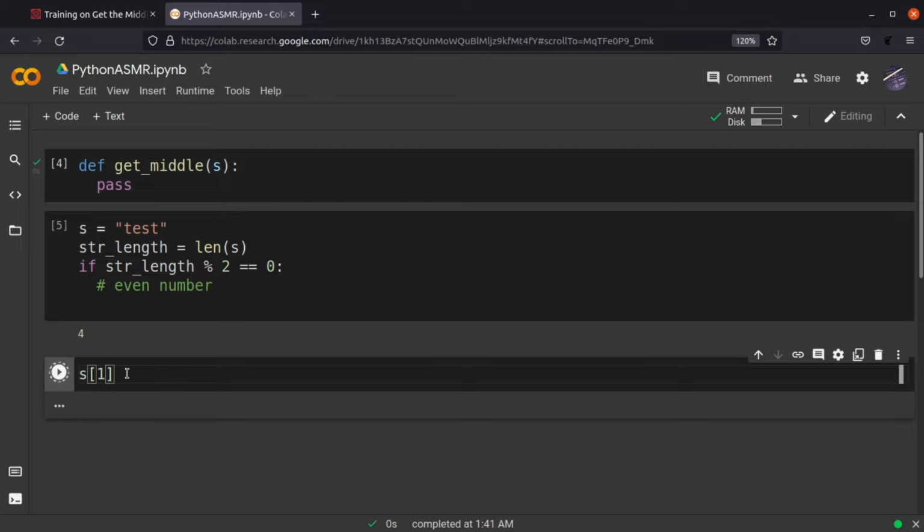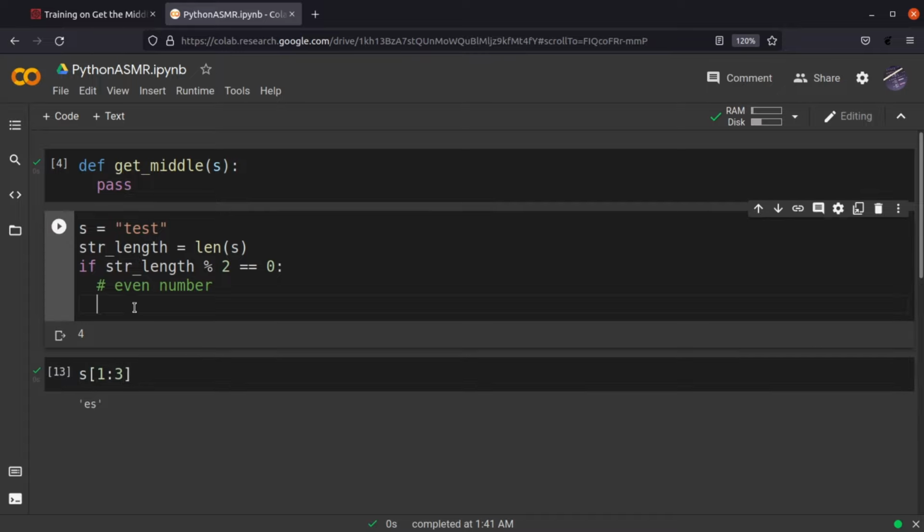So in this case we want to return s1 and up to 2, but the upper bound needs to be 1 up, so this would be our result 1 and 3. But we only know that our length is 4, so then we want, let me think, we can try